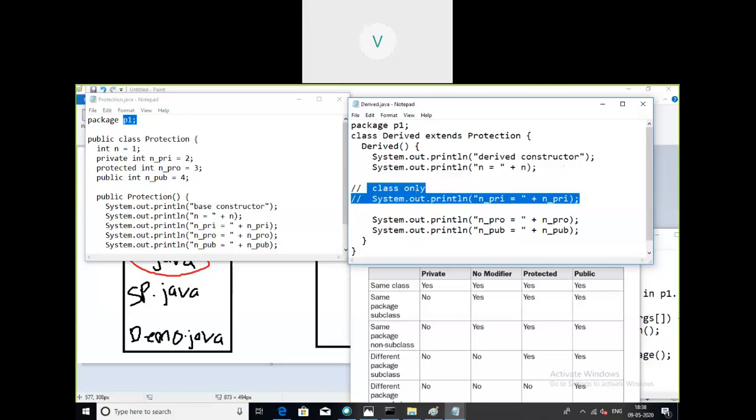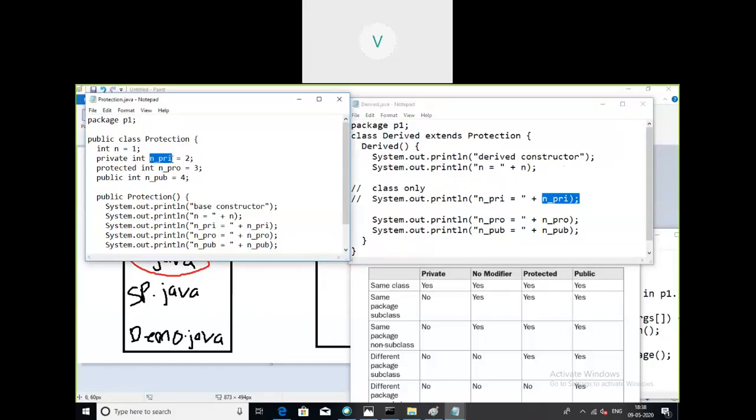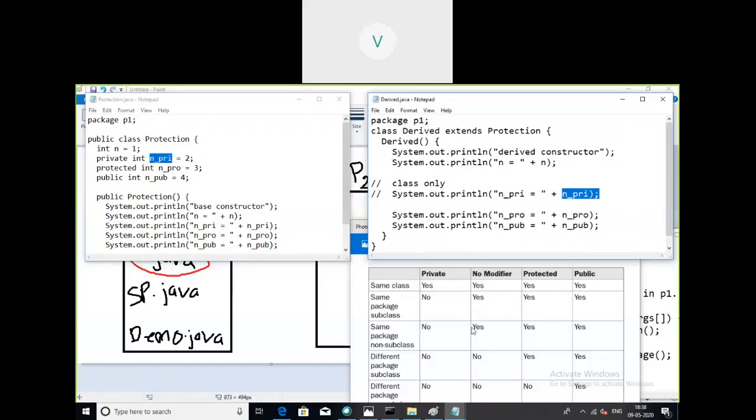Only the class can access the private members. Now from the derived class, we are trying to access a private member, NPRI. That is an error. Why is it an error?